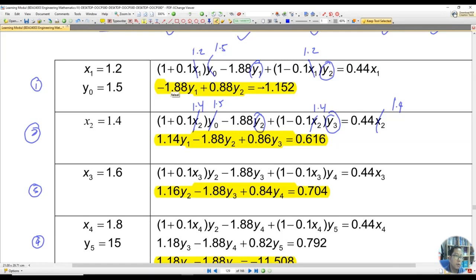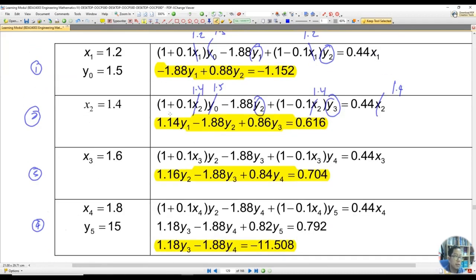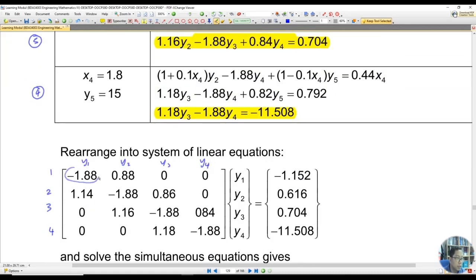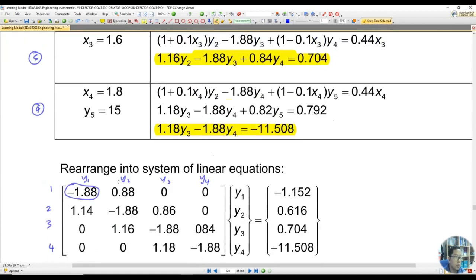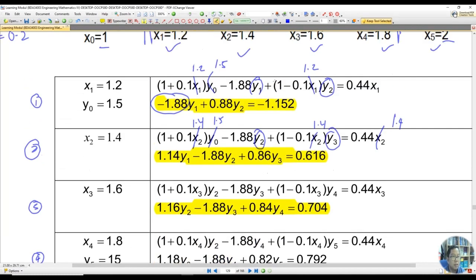There are no y3 and y4, so we just put 0 for y3 and y4. We just copy and paste, or maybe we can rewrite it based on the equation. This minus 1.88, we just put here. We just compare this into matrix form. Then this value is this one, minus 1.152,